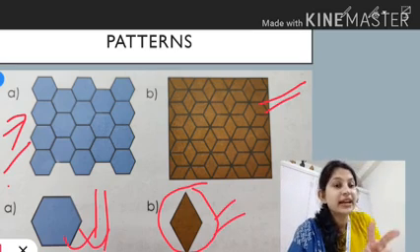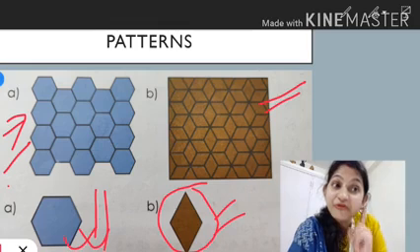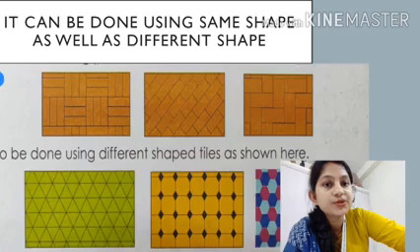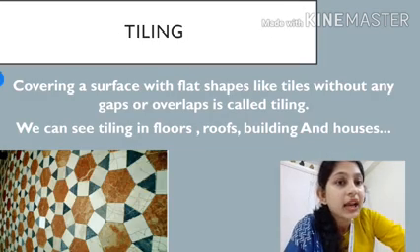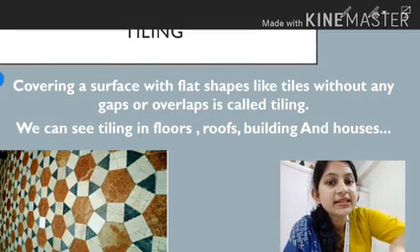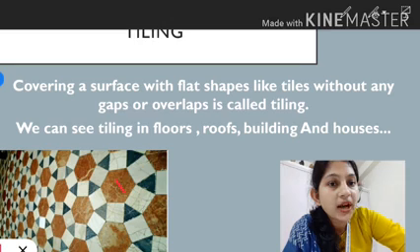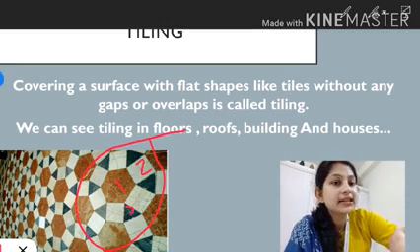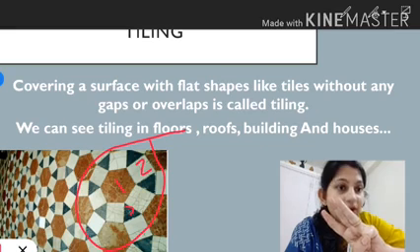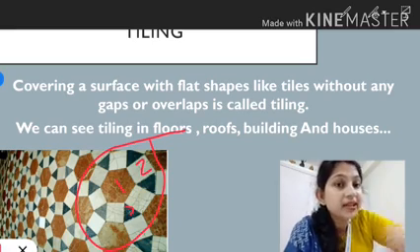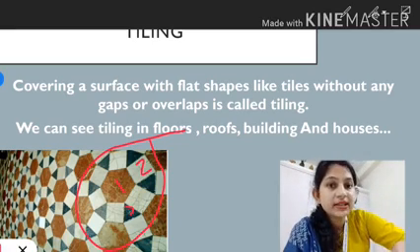Okay, these were examples in which basic shape was only one shape. But different tiling, like if we have discussed about this one, student, you remember this one, how many basic shapes this particular thing is having? Let's count how many. This one shape is hexagon, then square is there, then triangle. So this particular picture or tile is having three basic shapes. One hexagon is there, then squares are there, and black colored triangles are there. Okay, I hope it is clear to you.